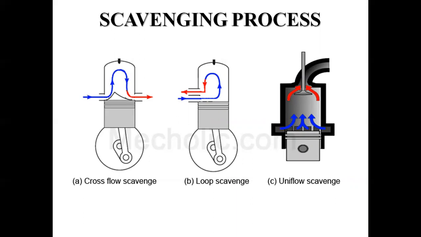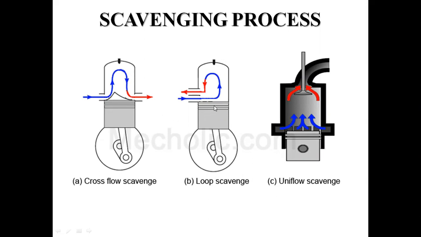Whereas in a two-stroke system, generally we have two ports which are always open, and these open ports allow entry and exit of exhaust gases. So in a cross flow scavenge system, you can see different shapes of heads for the piston. Cross flow means the entry of fresh air-fuel mixture is from one end, and from the other end the exhaust gas comes out, and this is the shape of the piston.